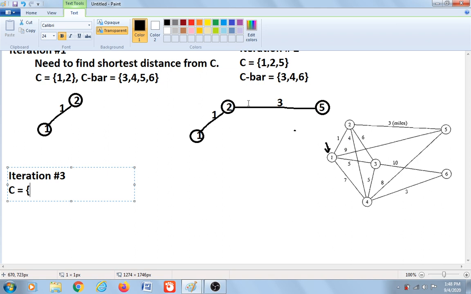So the shortest distance between the connected nodes to the non-connected nodes. So the shortest distance between the element of C and the element of C bar, it is from 2 to 4, and the distance is 5. So I'm gonna update my C. That's gonna be 1, 2, 5, sorry, 5 and 4, and my new C bar will be, let me see, so 3 and 6. Okay,